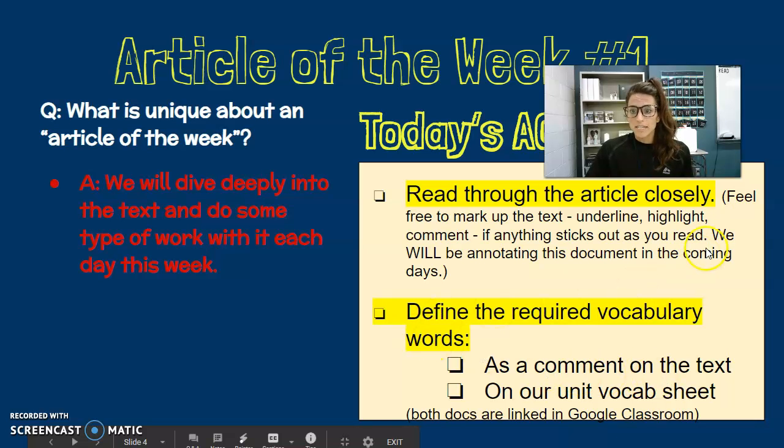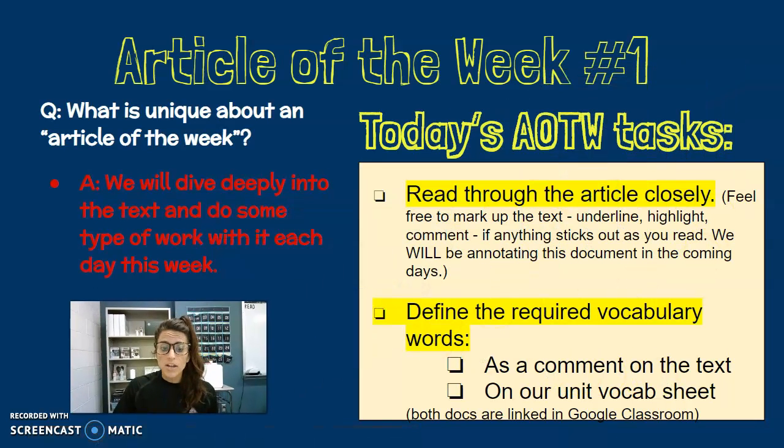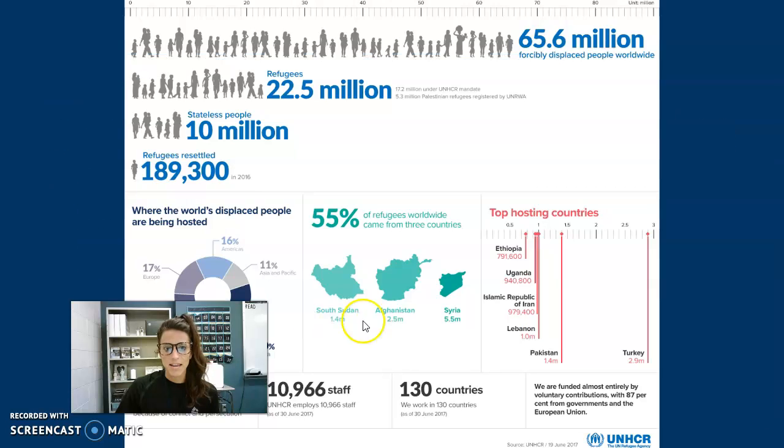So you're going to be reading today an article of the week, and it's called our article of the week because we're going to be using it little by little, every day for this week. So your job today is to read through the article and find definitions for the assigned vocabulary words. We're going to start by reading through that article together. I will record a separate video of me reading through it. If you want to read through it by yourself, that's totally fine. You can stop this video now and pause to do that. But I'm going to keep rolling to tell you what today will look like the rest of the day.